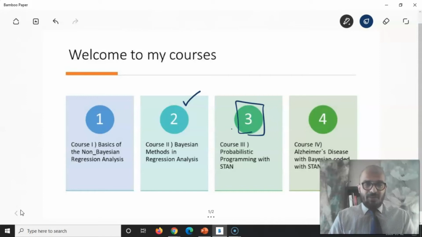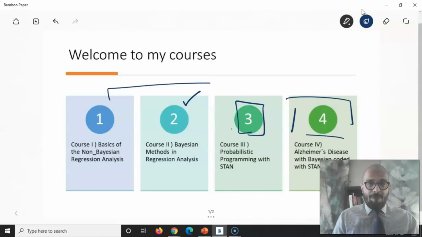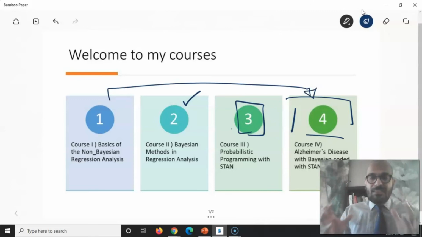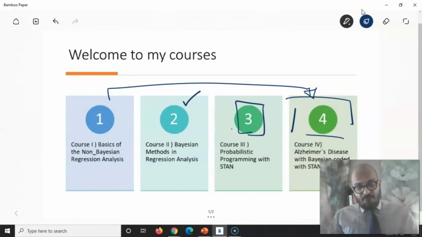However, very interestingly, for course number 4, I have tried to incorporate every single thing that we have learned from course number 1 going to course number 4, incorporating all the non-Bayesian regression analysis and the Bayesian regression analysis using the Stan programming language to discuss a very unique and groundbreaking research about Alzheimer's. You're going to see how you can use Bayesian frameworks with the Stan probabilistic programming language to predict and analyze